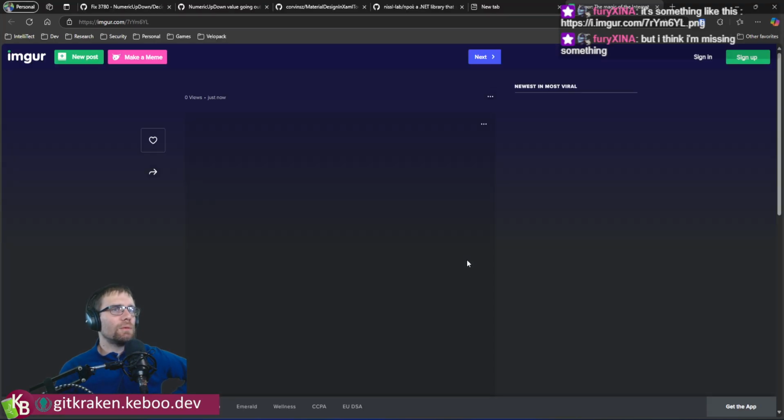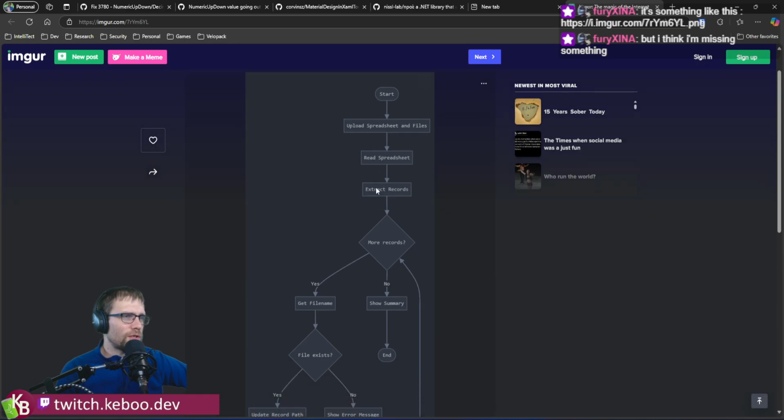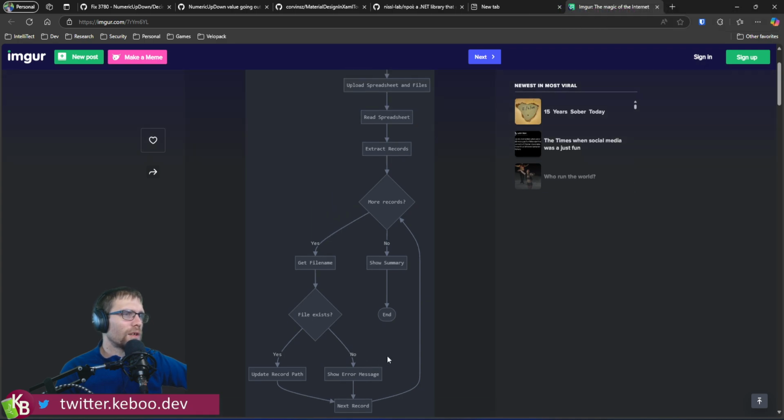Like this. Let's see. Start, upload spreadsheet and files, read spreadsheet, extract records. If there are more records, show summary, end. Yes. Get file name, file exists. Update record path. Next record. And then loops back through. Okay, so